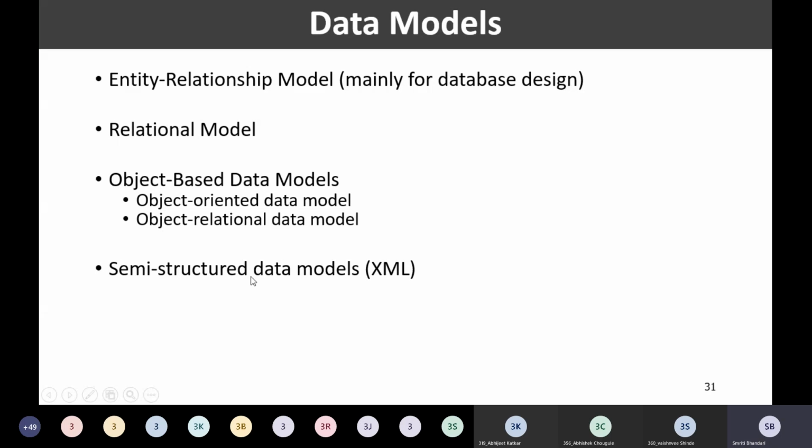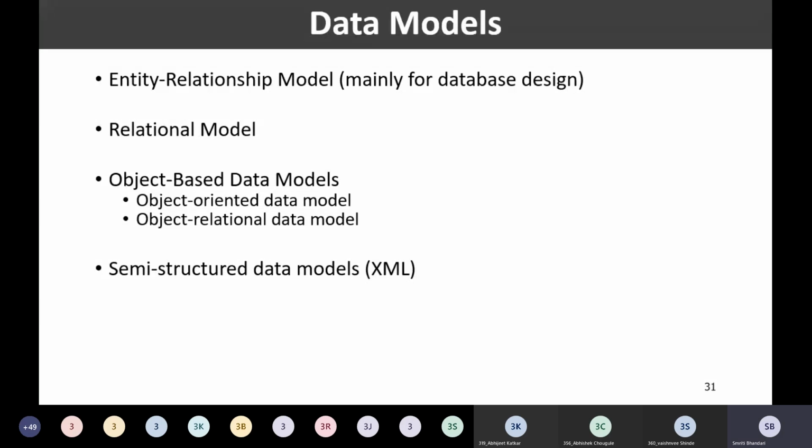Okay. Now, the next data model that we may have is the semi-structured data model. So what do we mean by these models? These models actually permit the specification of data where individual data items of the same kind may have different sets of attributes. So what do we mean by that?